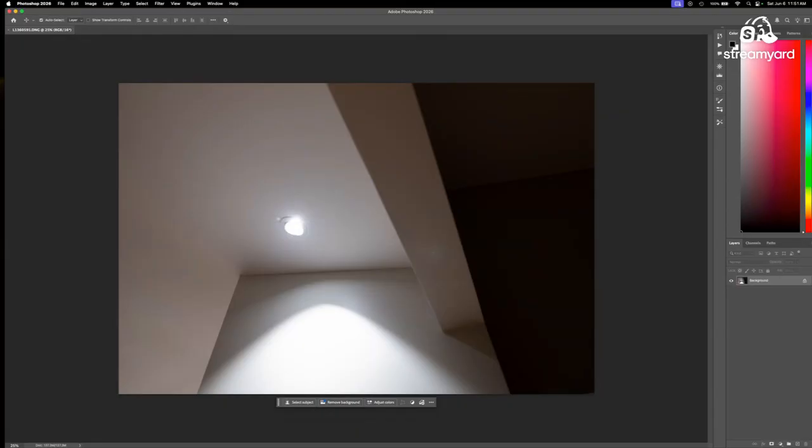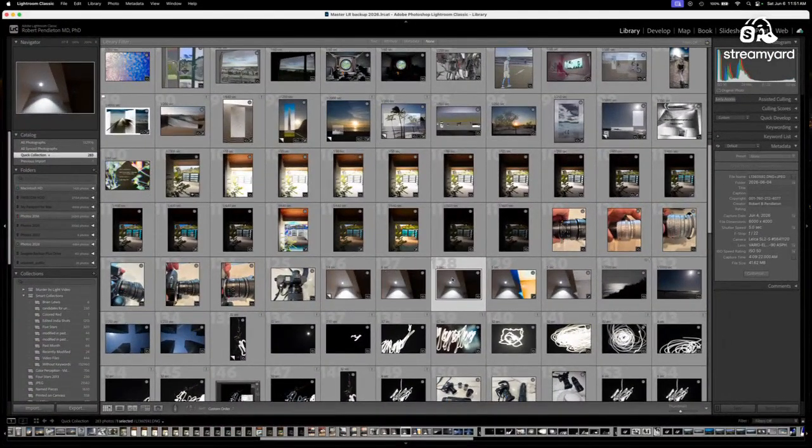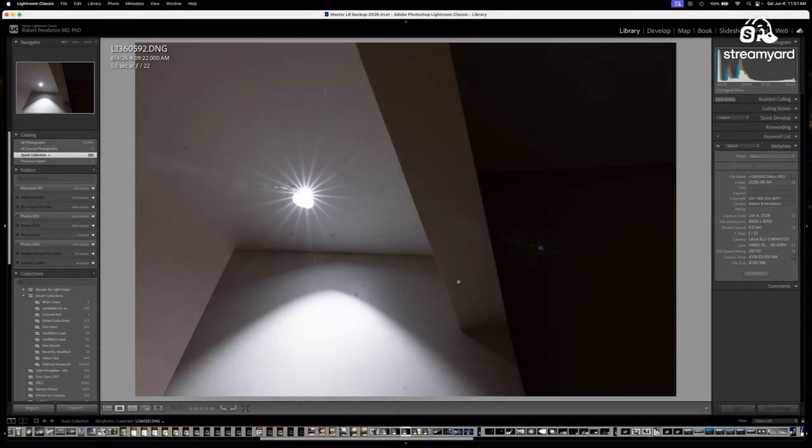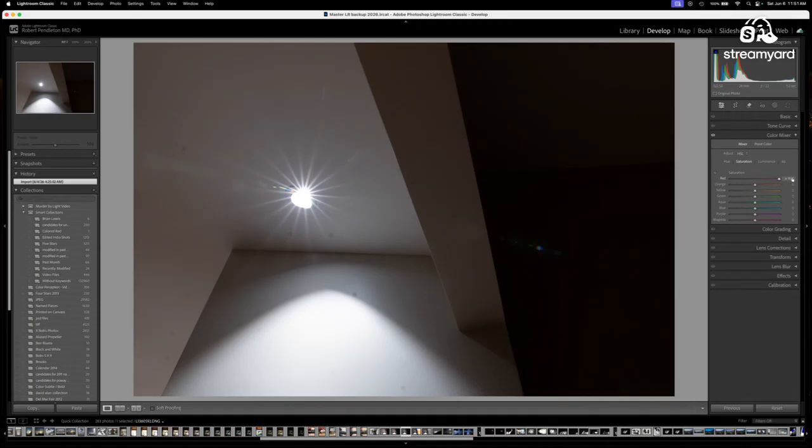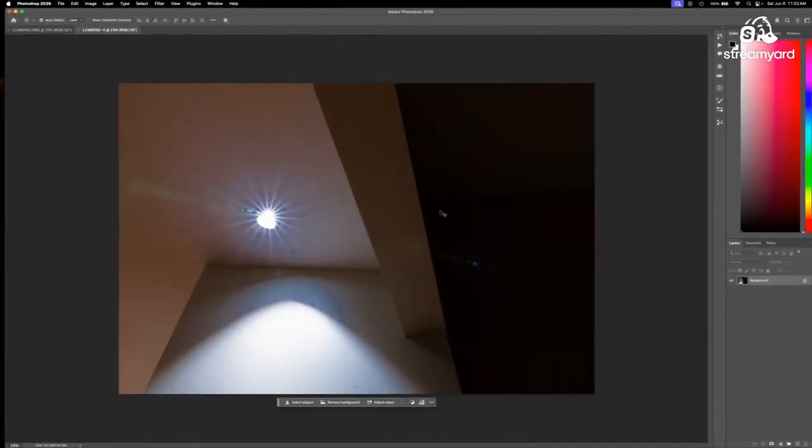I wanted to do the super saturation technique on this picture as well, just to demonstrate one other thing. So we'll go to develop. It's just going to turn up all of the colors here to 100% saturation. And you can see a little bit of color development happening now. So let's take this into Photoshop, Command E, close it back down, save it.